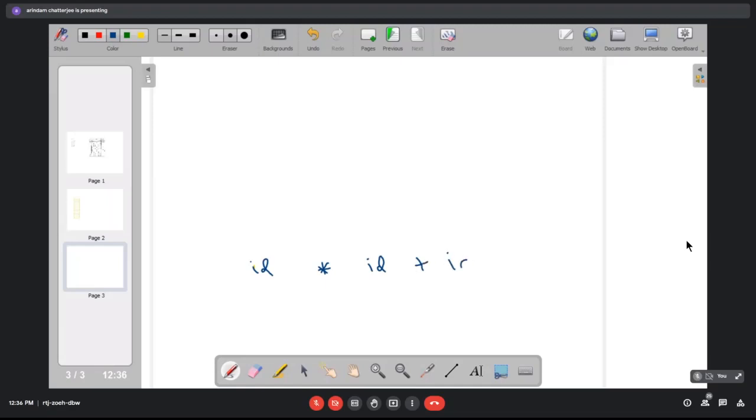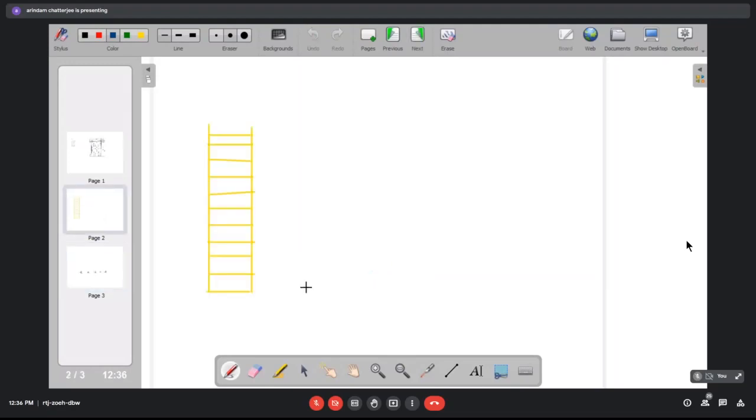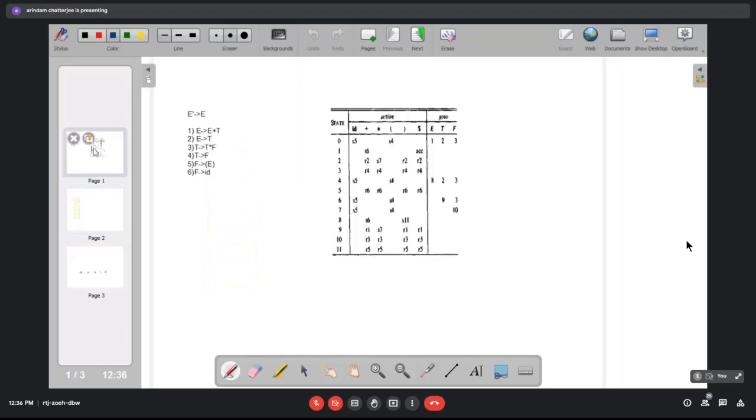So we'll try to parse this string, which is a valid string of the given grammar, and we'll try to construct the parse tree in a bottom-up manner using the LR parsing technique, and we'll see how the stack is used. Of course, we'll be consulting this SLR parsing table right here. This one will be used.